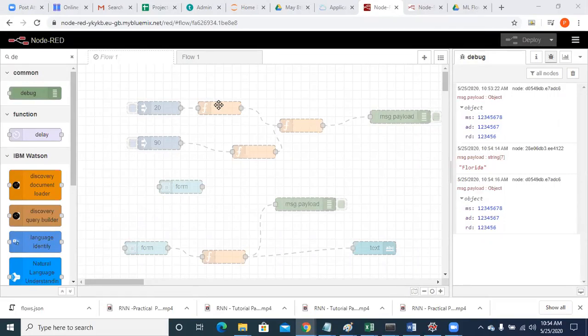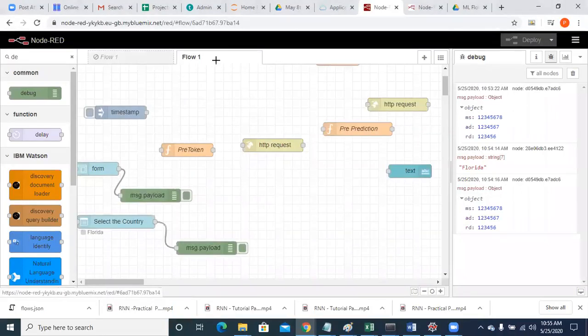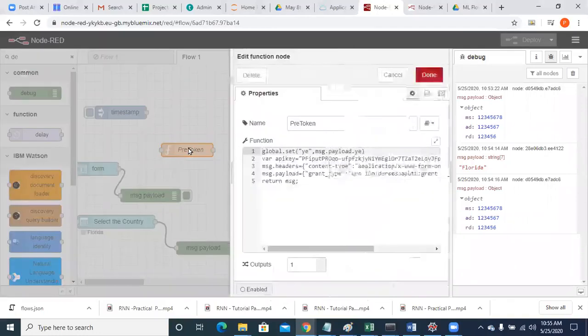That's the reason you have to assign a new variable to the incoming things. So in the pre-token function, I am globally setting ms as message.payload.ms.